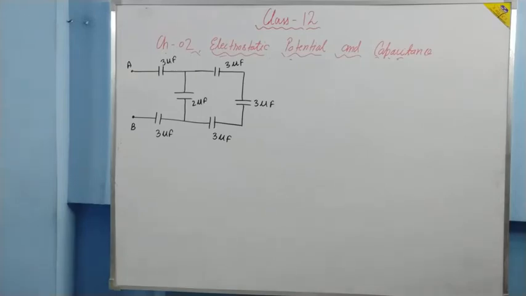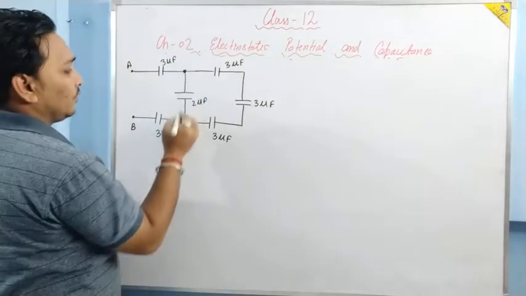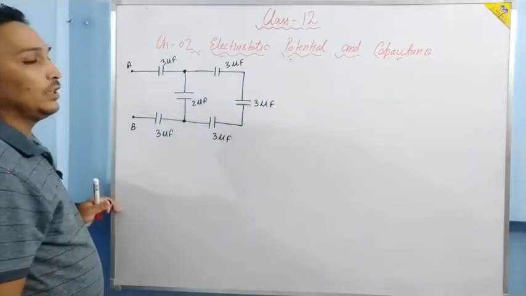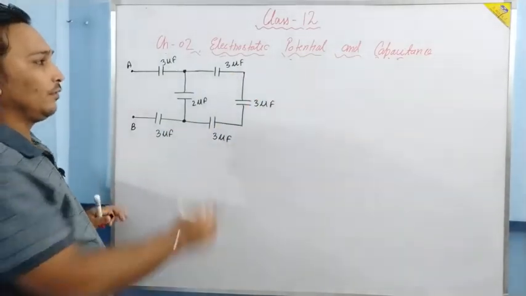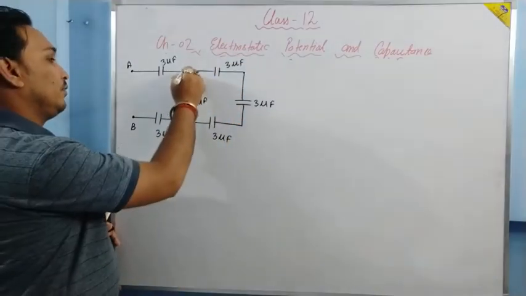I hope you have done it. Now let us see how this question will be solved. First of all, identify the junctions. One junction is here, one junction is here. Is this point a junction? No, it is not. It is simply a turn. The wire takes a turn there. Okay. So this is a junction, this is a junction.